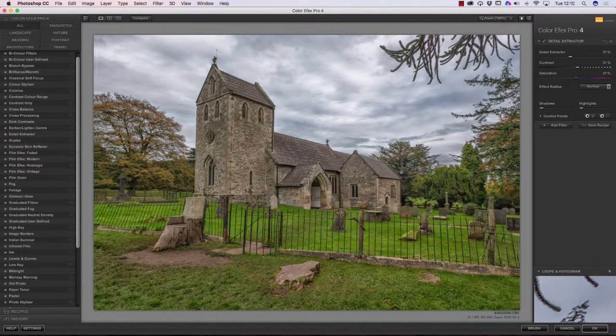Okay, fine. But what if I only wanted to apply that to a little bit of the image? Then we can use what are called control points. The control points are located here. You've got a plus and a minus. So maybe I've applied that, but I don't really want so much on the sky. So I could click on the minus there, click on a point,